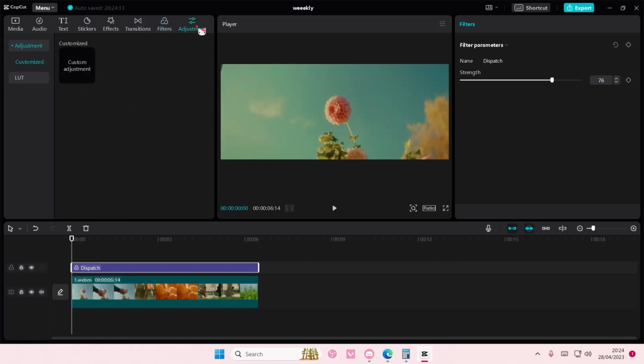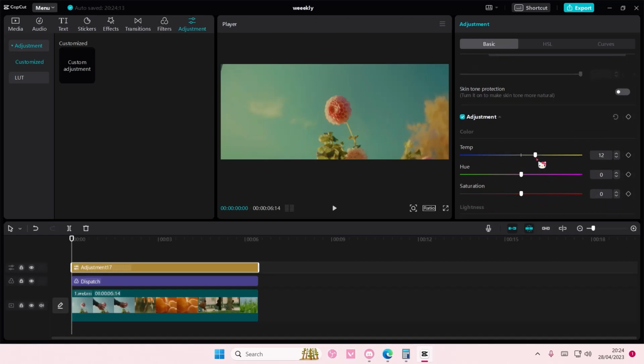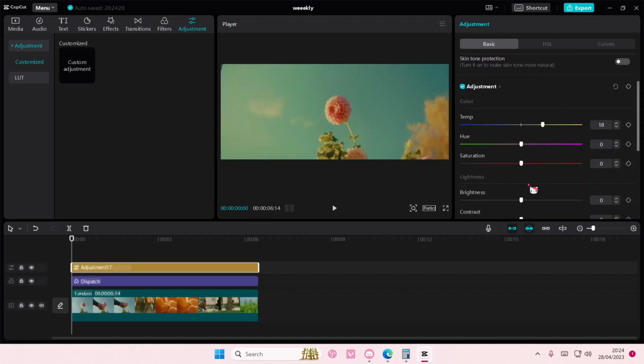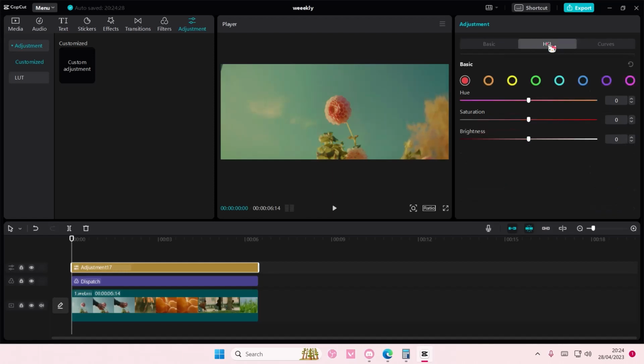Then you are going to go to adjustment, add in a custom adjustment, go to basic and adjust the temperature a little bit. It doesn't have to be accurate, you can just adjust it to your liking, as well as the contrast. Then go to this color thing, and you are first going to go to the green bit right here